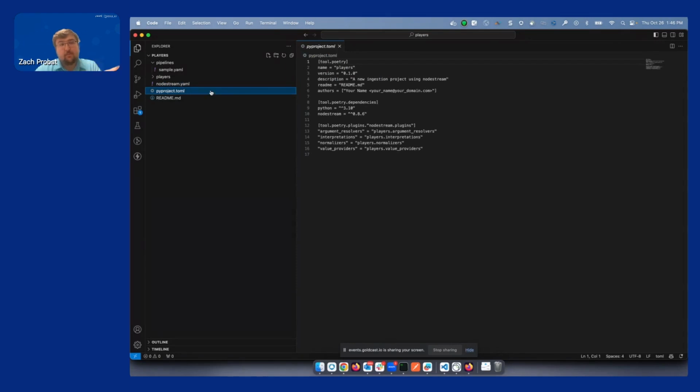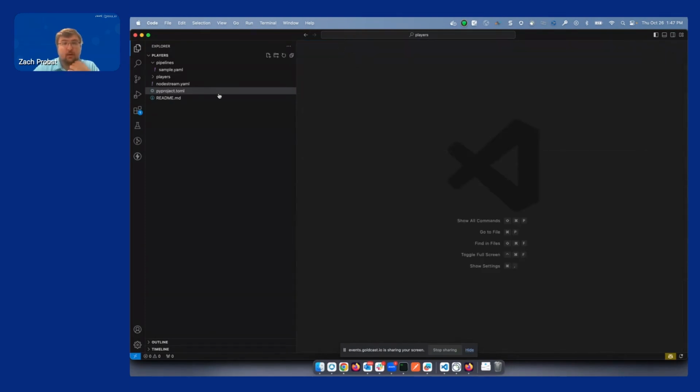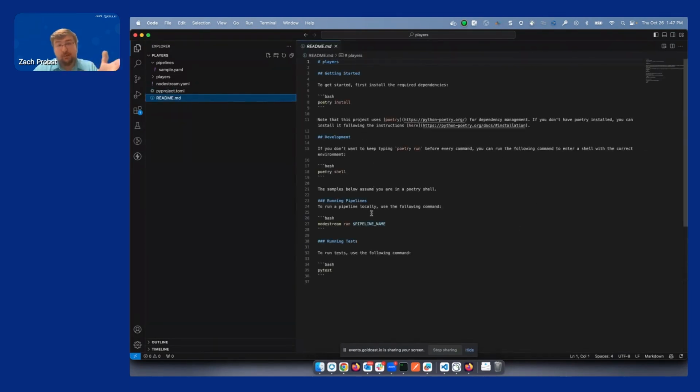Next to that is a pyproject.toml file. If you're not familiar with Poetry, Poetry is a dependency manager for Python, kind of like NPM or Maven is in Node and Java, respectively. So this is already wired up for a Nodestream project and includes Nodestream as a dependency. You can go and add extra dependencies and all the things you might like to do. The README is basically walking you through the same things I'm walking you through. So there's links in here and some basic